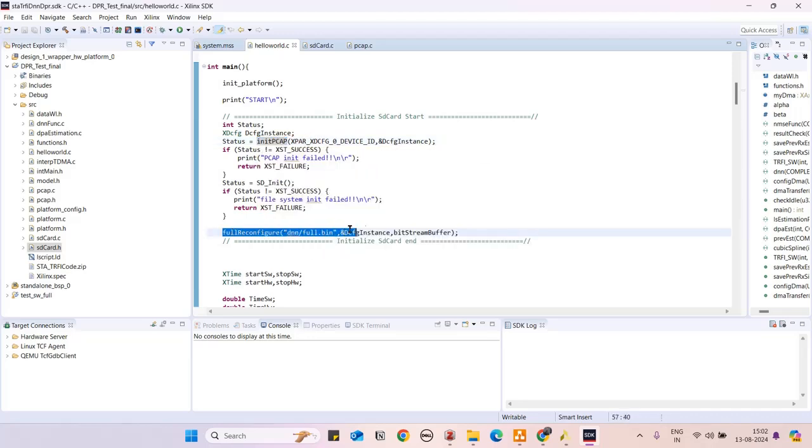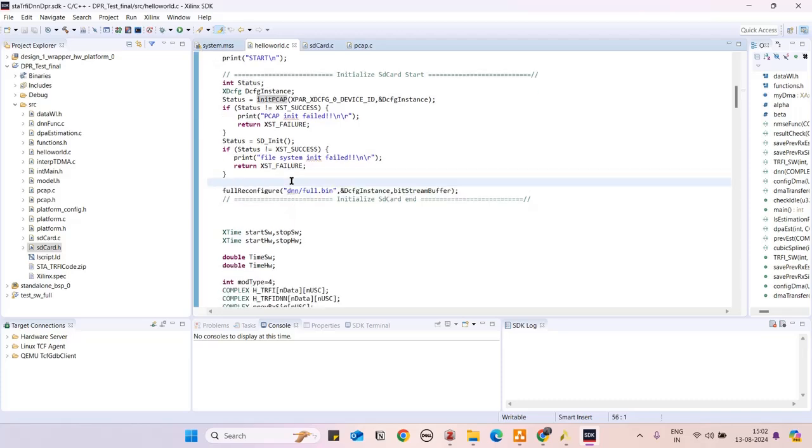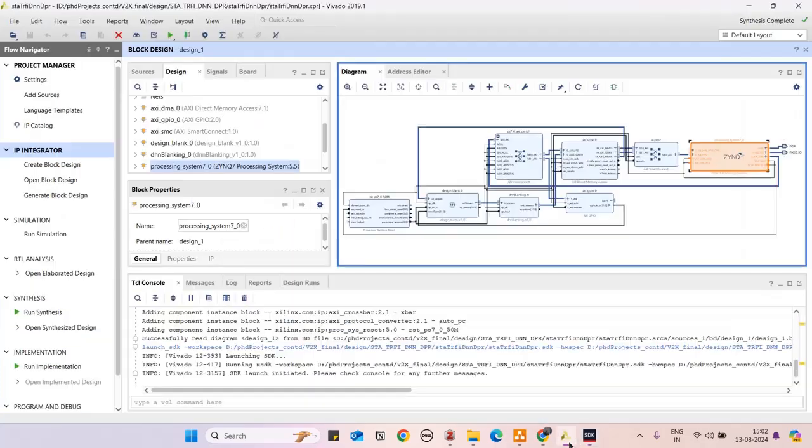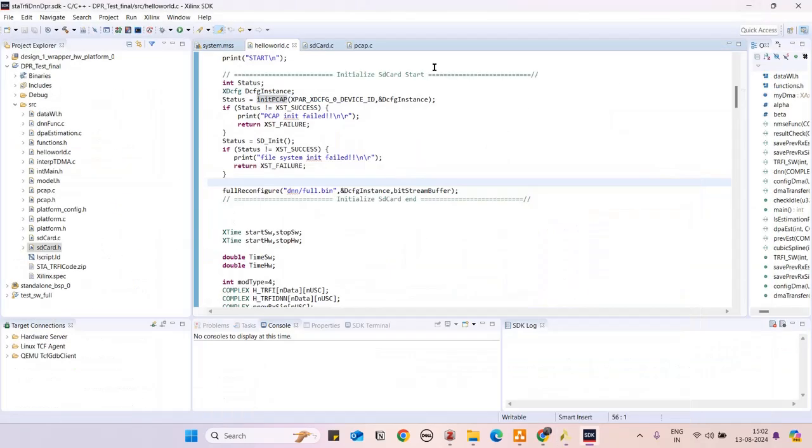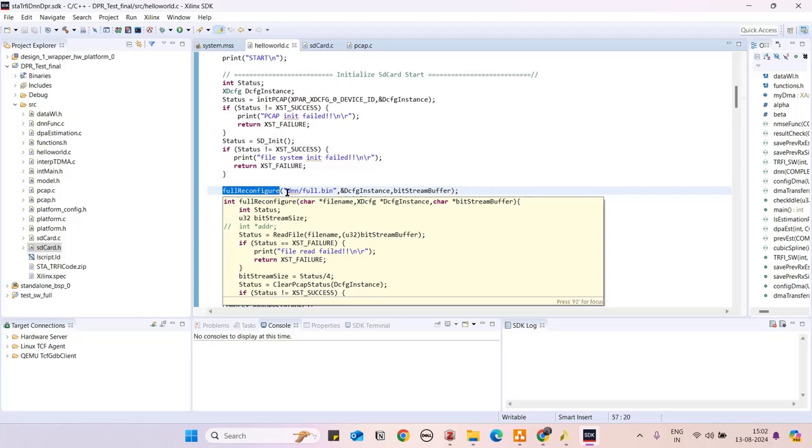The next thing would be to reconfigure. As we see, we have not programmed our FPGA yet. As I said, we will program our FPGA for both full as well as partial reconfiguration using this software flow, right? So right now the FPGA does not have any bit stream loaded. What we are going to do is first use this full reconfigure function